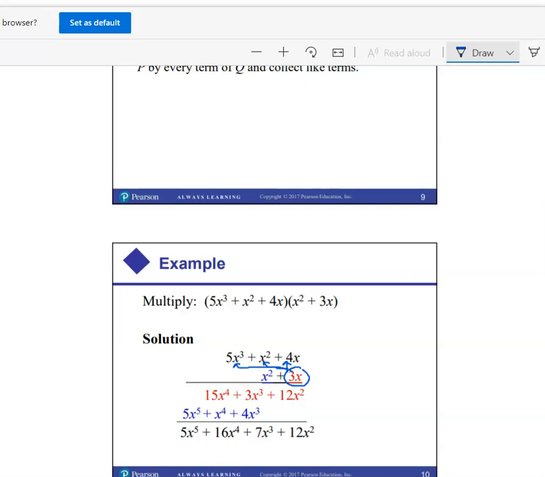Then they take 3x and multiply it by x squared. So 3 times, this would be a 1. 3 times 1 is 3. X times x squared, well, this is x to the first, so you would add the 1 and the 2 and get x to the third. 3 times 4 would give you the 12. X to the first and x to the first. 1 plus 1 would give us x to the second. Okay, then they moved over to our other term,